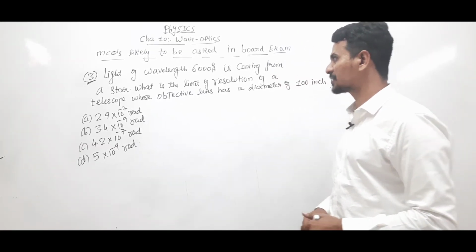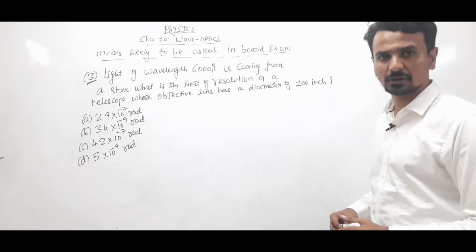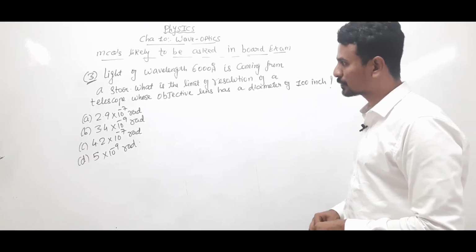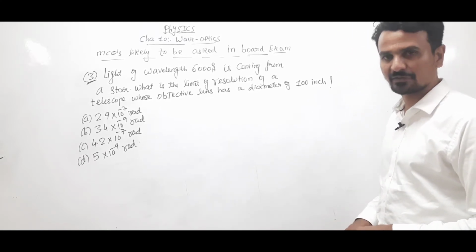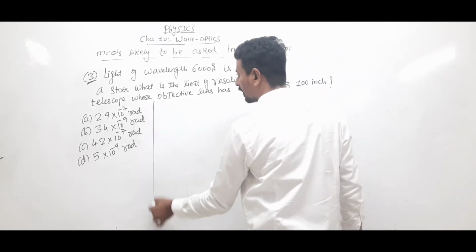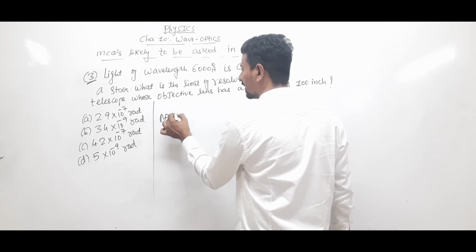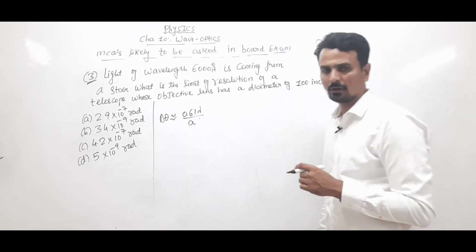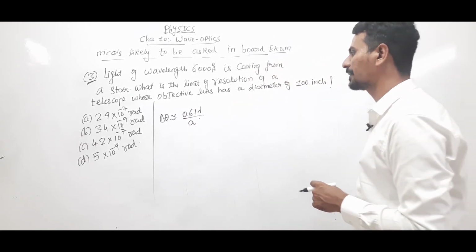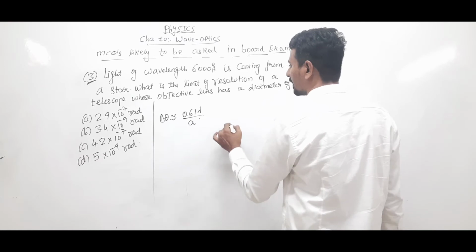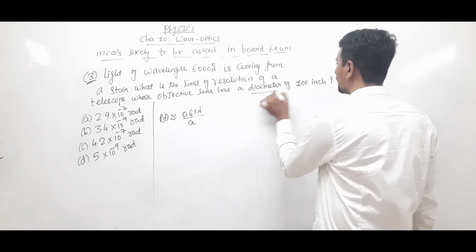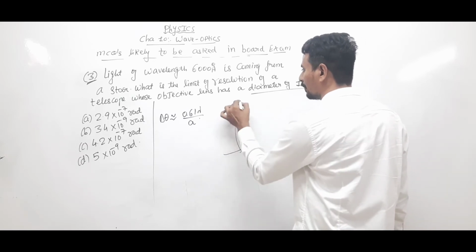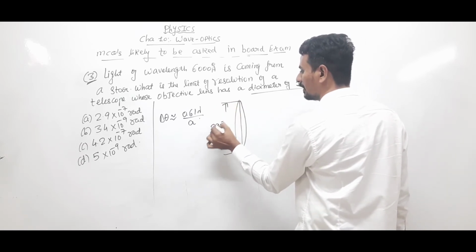Okay, third one: light of wavelength 6000 angstrom is coming from a star. What is the limit of resolution of a telescope whose objective lens has a diameter of 100 inch? Limit of resolution, that is delta theta, is nearly equal to 0.61 lambda by a. This is the formula given in your textbook. Clear? 0.61 lambda upon a, where the diameter of the lens, that means this is 2a, is already given as 100 inch,